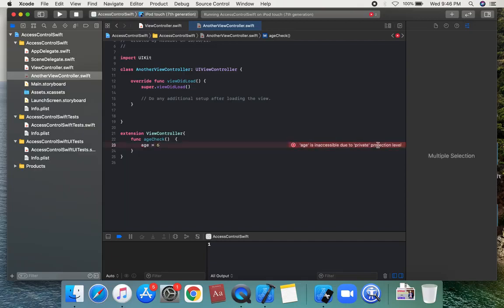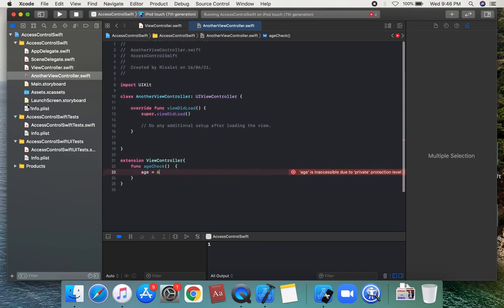So we can check this error: age is inaccessible due to private protection level. So private access restricts the use of an entity to the enclosing declaration and to extensions of that declaration that are in the same file. Use private access to hide the implementation details of a specific piece of functionality when those details are used only in a single declaration.